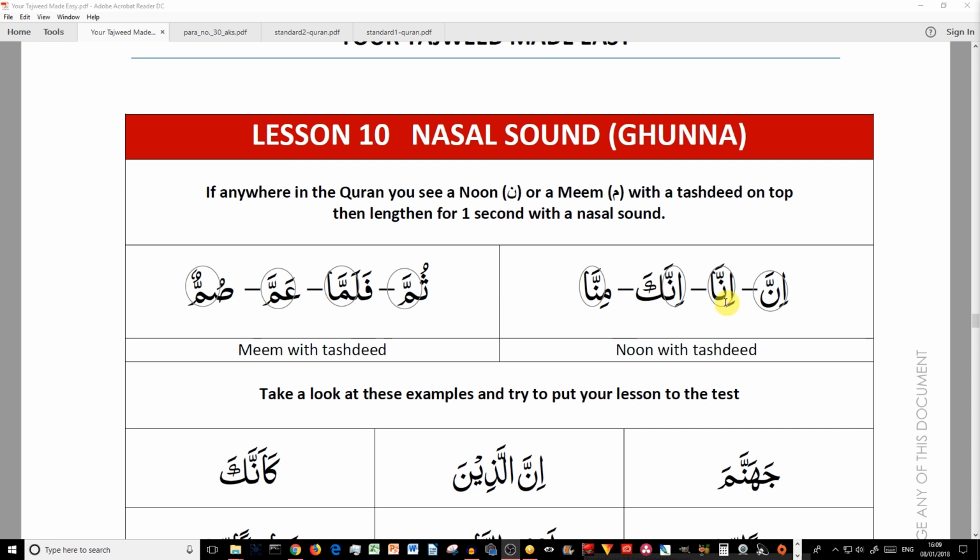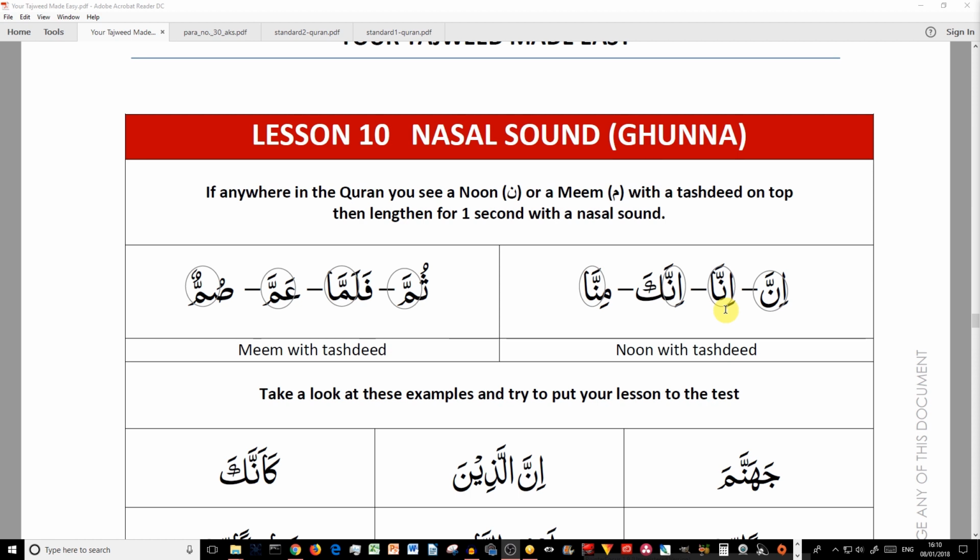Now, next word. This one can be tricky for 2 reasons. One, there is an alif with a fatha, so it makes it a long beat. And also, some people will extend the Ghunnah from the noon into the alif as well, the mad alif. And here's what they will say: inna, na, na. And that's not correct. Instead, you should say,